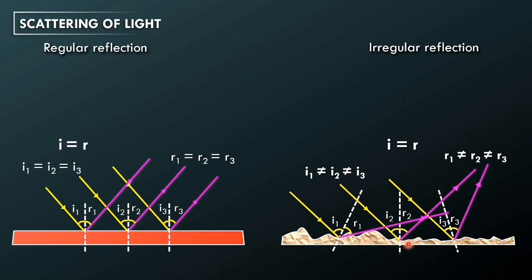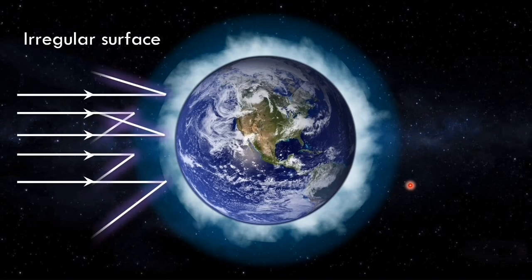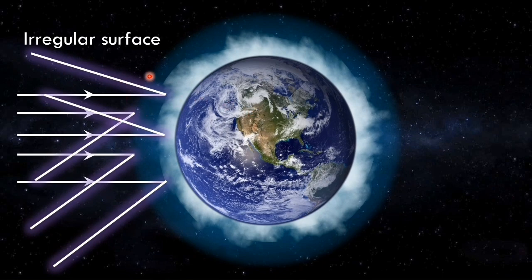Okay? So irregular reflection or khetrot tumaluke eta point monot rakhiba, yat angle of incidence kita equal nohoy. That means angle I1 is not equal to angle I2 and angle I2 is not equal to angle I3. Similarly, angle of reflections kitao equal nohoy. That means R1 is not equal to R2 and R2 is not equal to R3. Am I clear guys? Now see here, Earth has an irregular surface and that is why the light rays they